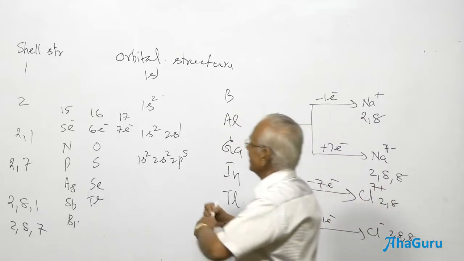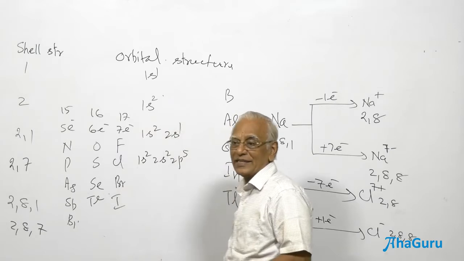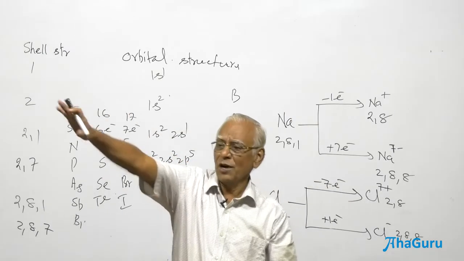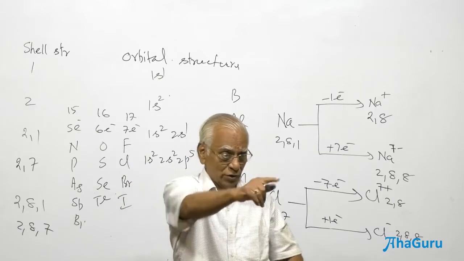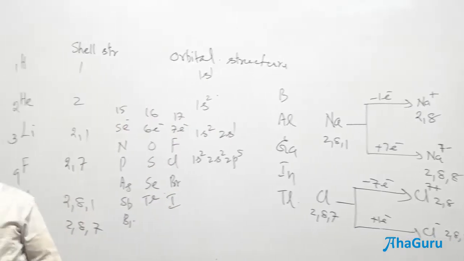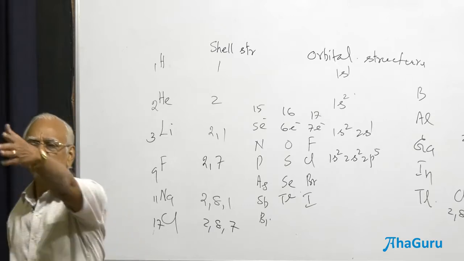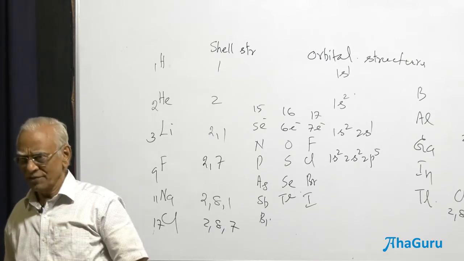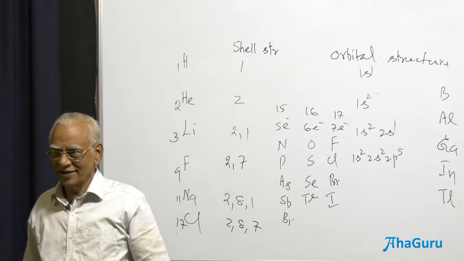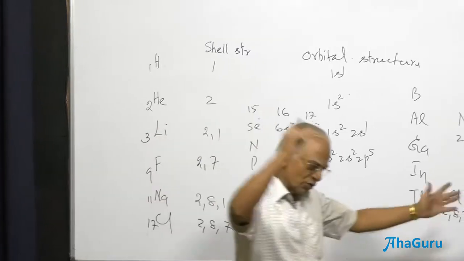That apart, we know this is going to be fluorine, chlorine, bromine and iodine. Group 17 elements. And all these elements are called electronegative elements. I will give you the atomic numbers, and one of them is going to be electronegative. How would you find out? Given the atomic number, do you get my question? I give you 4 atomic numbers and one of them is going to be electropositive. How would you identify from the atomic number whether a given element is electropositive or electronegative?